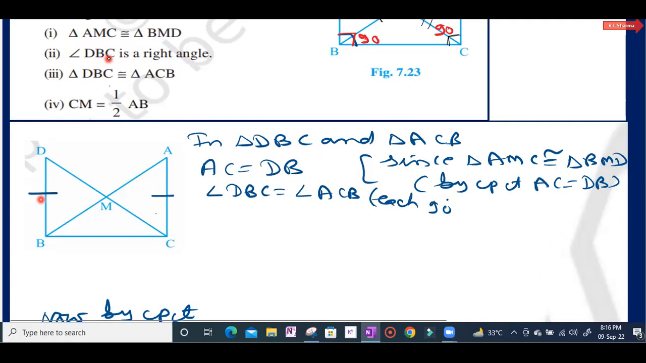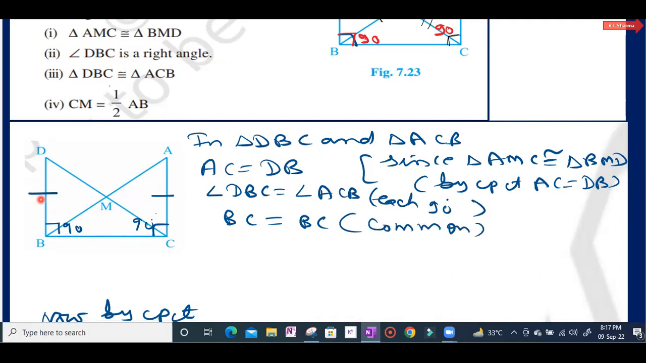देखिए this angle, this is 90 degree given, or we have proved in second part that this 90 and this is also 90. See here, एंगल ACB पहले से 90 given है और हमने सेकंड पार्ट में प्रूव किया था that angle DBC is a right angle. And third, BC is equal to BC, that is common. Therefore,